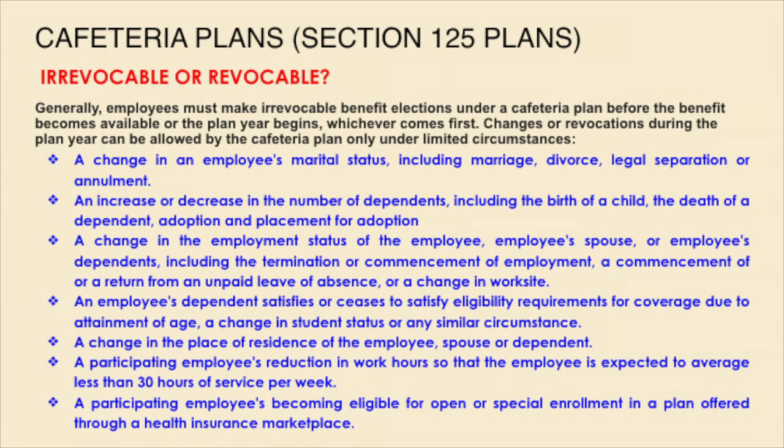These events fall into these groups: a change in the employee's marital status, including marriage, divorce, legal separation, or annulment; an increase or decrease in the number of dependents, including the birth of a child, death of a dependent, adoption, and placement for adoption; a change in the employment status of the employee, employee's spouse, or employee's dependents, including the termination or commencement of employment, a commencement of or return from an unpaid leave of absence, or a change in worksite; an employee's dependent satisfies or ceases to satisfy eligibility requirements for coverage due to the attainment of age, a change in student status, or any similar circumstance; a change in the place of residence of an employee, spouse, or dependent;